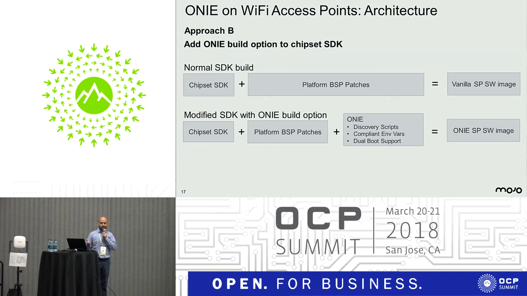So currently the way we typically make a vanilla software image for an access point is you take the chipset SDK, you typically get some platform board support packages from your ODM vendor, and that creates a vanilla software image. The change we can make to this is you add an ONIE build option to this SDK build, and many times these SDKs are OpenWRT based, so it's easy to add an additional package to that build. So you add the non-platform dependent ONIE components,